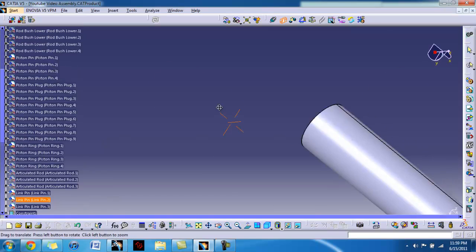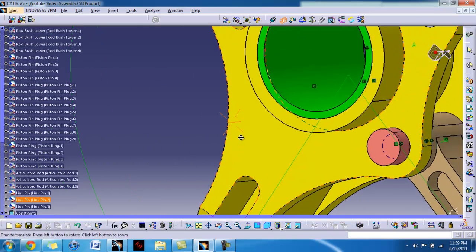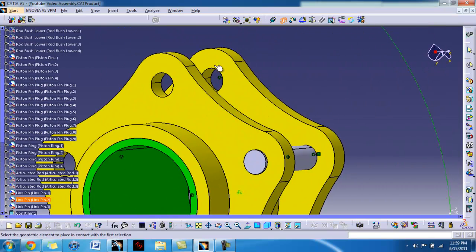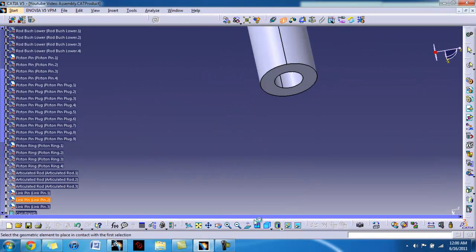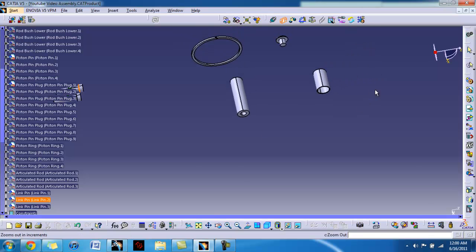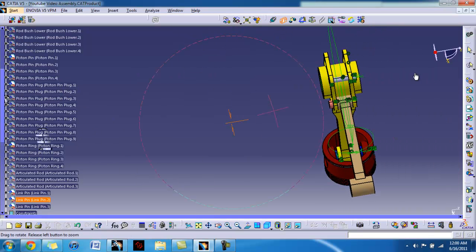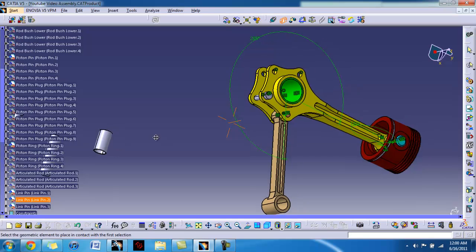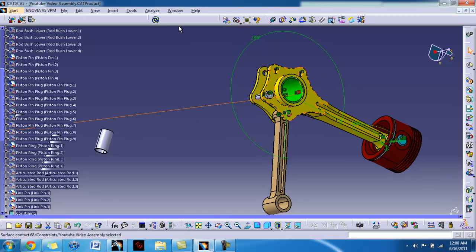You hit that right there, and we need the opposite side of the surface, so you zoom out a bit. And hit update,